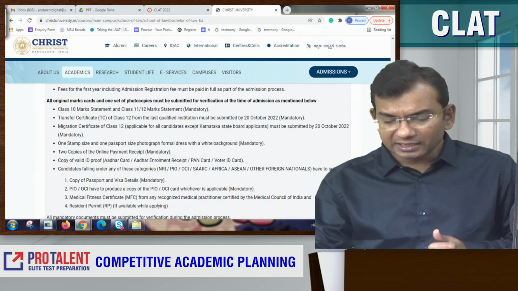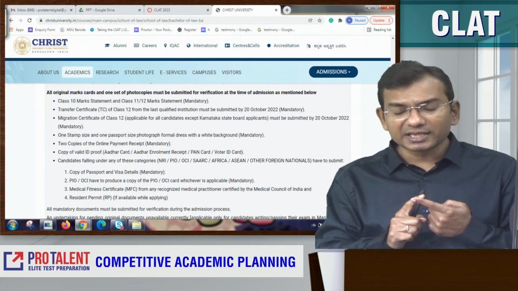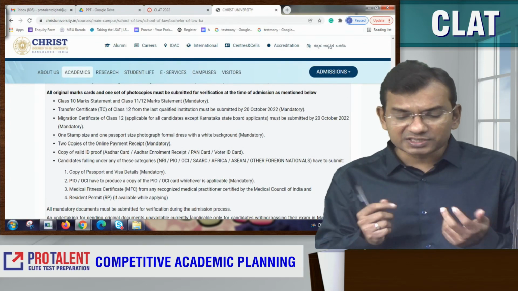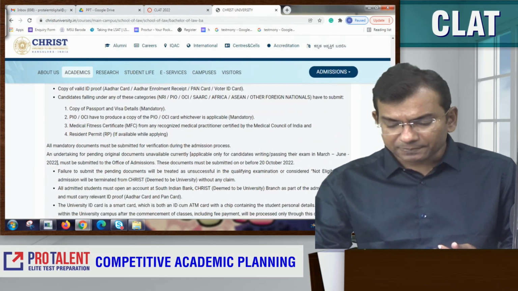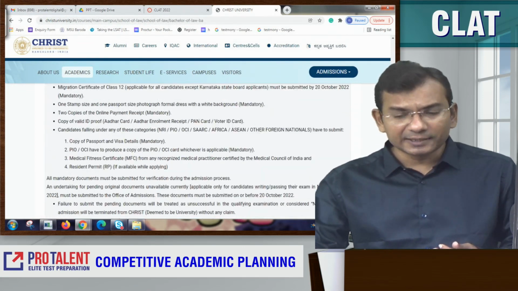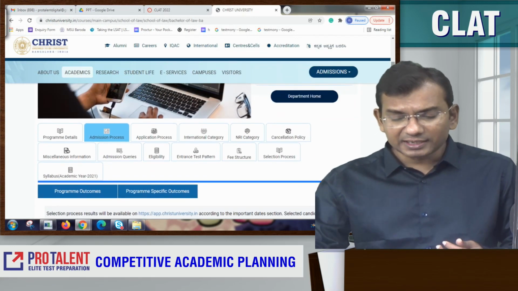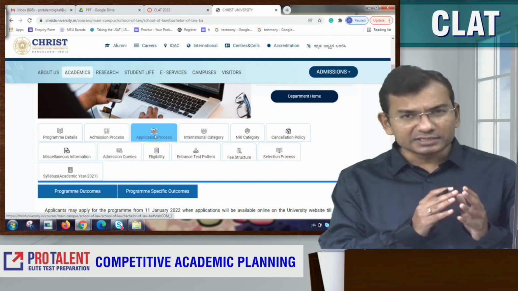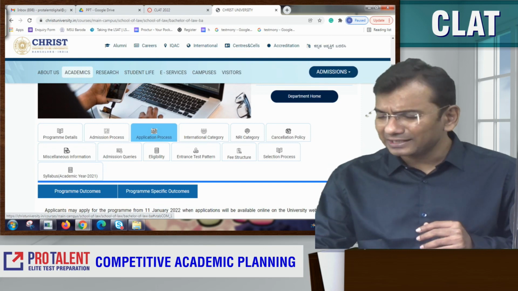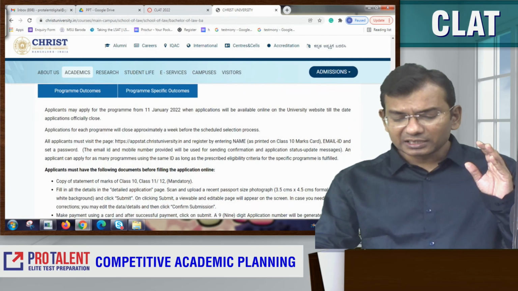You will need your 10th mark sheet and 11th or 12th mark sheet, whichever is needed. Once you get admission, they will ask you for all the necessary academic details. That's, I believe, easy for a large number of students.